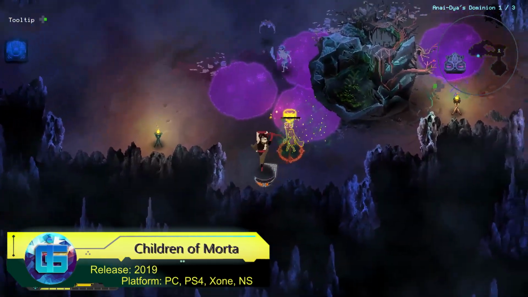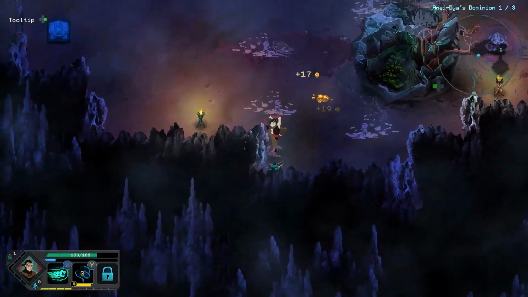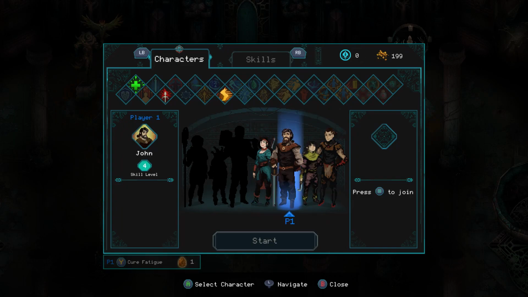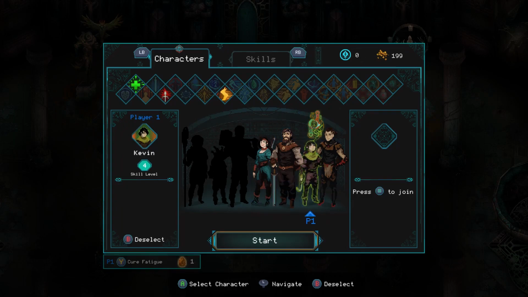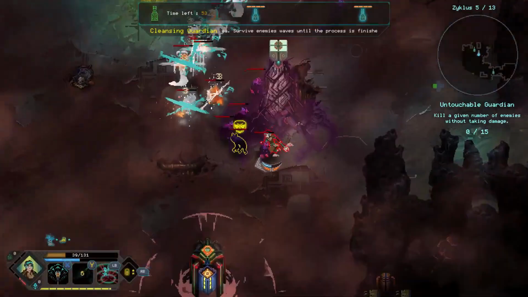Children of Morta is a roguelite action RPG game. The game takes place in the world of Mount Morta and follows the story of the Bergson family, who are guardians of the land and its inhabitants. Players control different members of the family as they battle their way through procedurally generated dungeons filled with monsters and